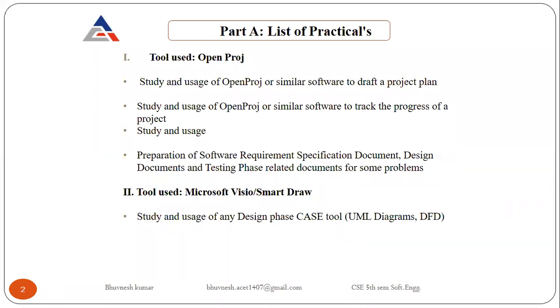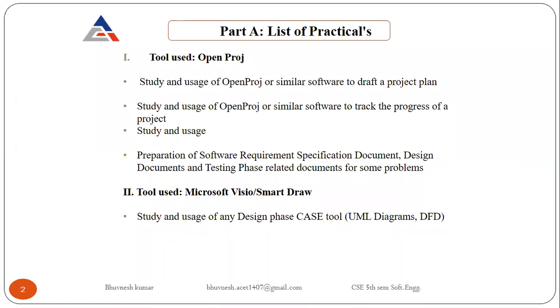And in this tool, we will make a project plan, or we will draft a plan. Okay, how will we install this OpenProj? This is open source software. You can download it from the internet. You will write OpenProj download in a browser, go to the download link of OpenProj and download it. I will show you how it looks, how its interface is, and then how it works. You can download it free. Okay,